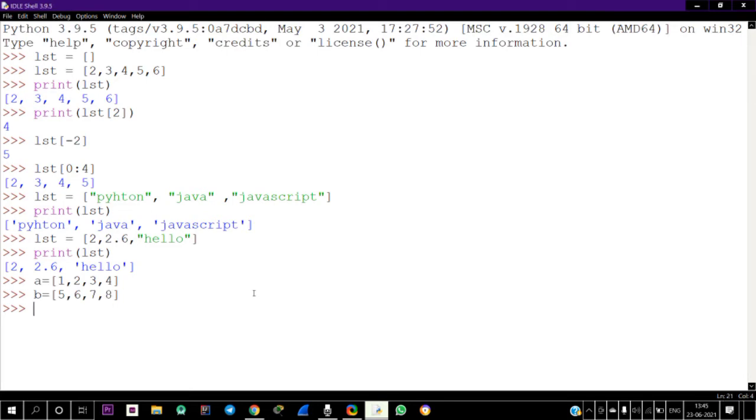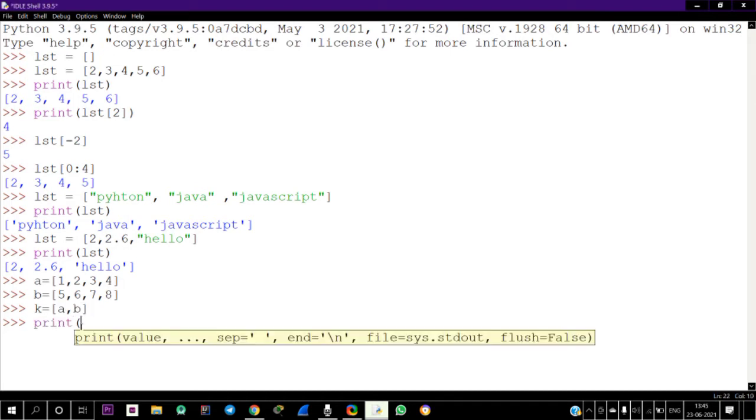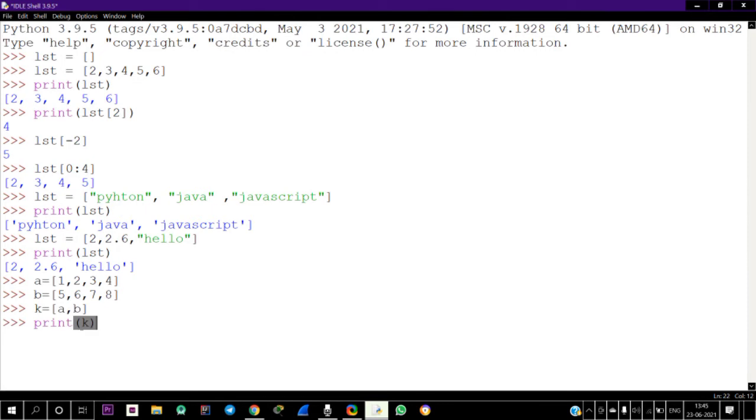I am going to name the list k equals list of A, comma B. Now I am going to print the list k. See, the two list values are combined into a single list. 1, 2, 3, 4 is one list and 5, 6, 7, 8 is another list. It is combined into a list called k.